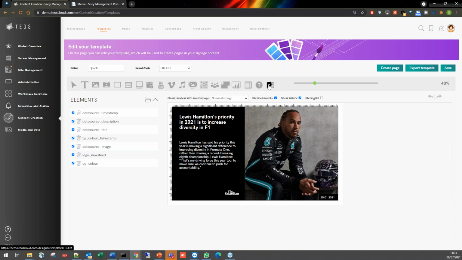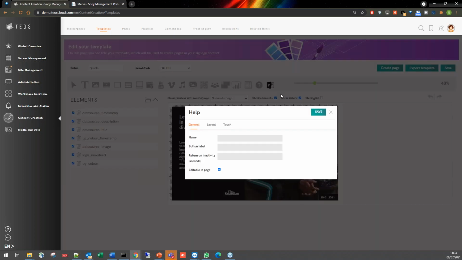And the last but not least one, the PowerPoint integration. Here, by selecting this PowerPoint element, you can automatically upload a PowerPoint. The PowerPoint will be automatically converted into images. So it's not a video, it's an image. So of course, be aware that we are not taking the transitions or animations because they are pictures, but we do automatically the upload and we convert them to put them into a slideshow.